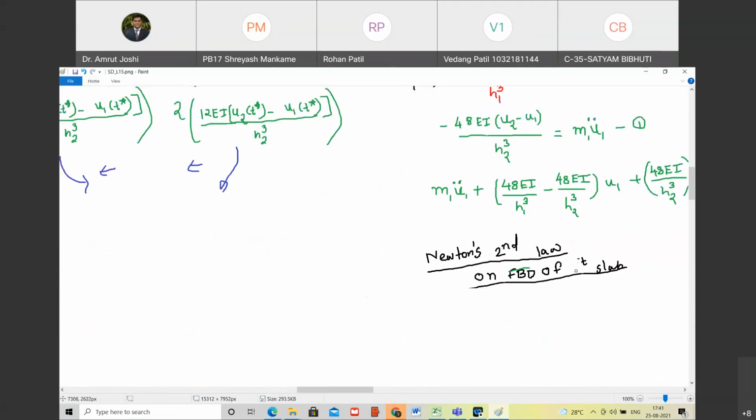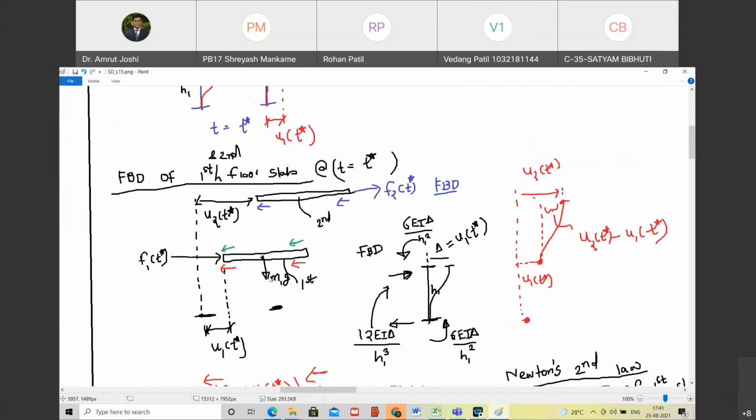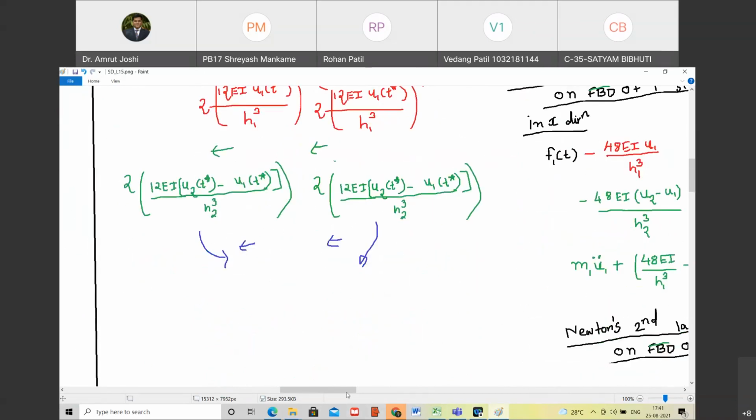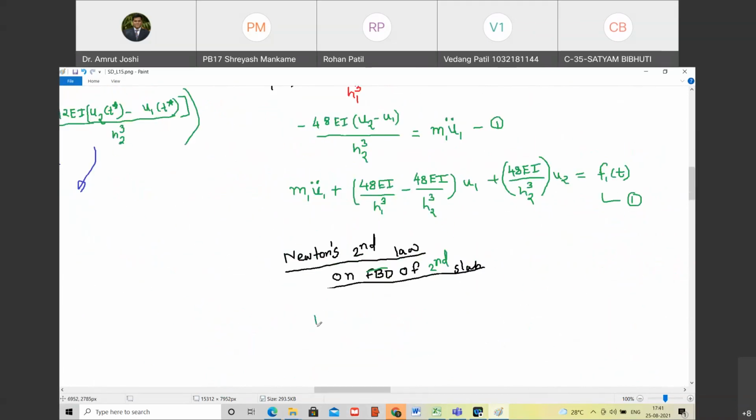Yes, sir. चलो, तो सेकंड स्लैब पे फोर्सेस बताओ कौन कौन से हैं. And by the way, you did not ask me what happens to m1 times g. It is in vertical direction. We are writing the equation in horizontal direction. So it is of no use. Here also you are going to have m2g. But it is not going to appear in this equation because we are writing the equation in x direction. Happy? Yes, sir. What is the equation? Tell me. F2 of t star. Happy? Yes, sir.